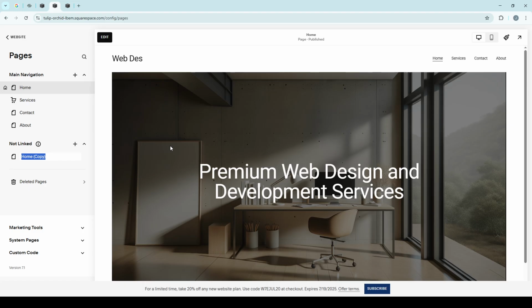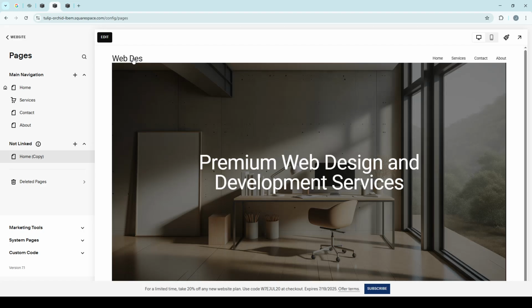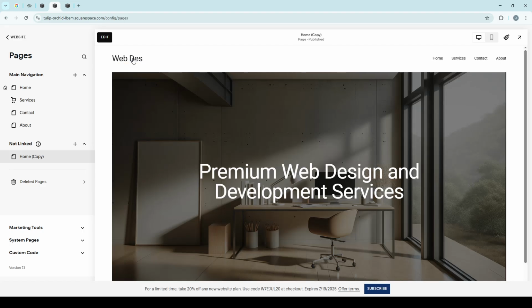This duplicated page can now be renamed to better reflect its new purpose, whether it's a slight variation of the original or a completely new idea built on the same foundation. You can do this by simply clicking on the page name and editing it to your desired title, and there you have it. With just a few clicks, you've successfully duplicated a page in Squarespace, opening up new possibilities for